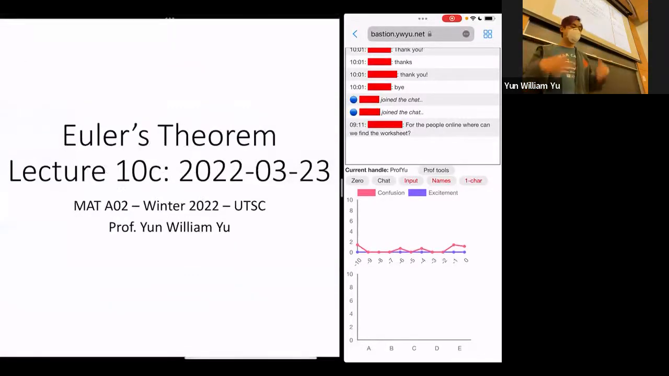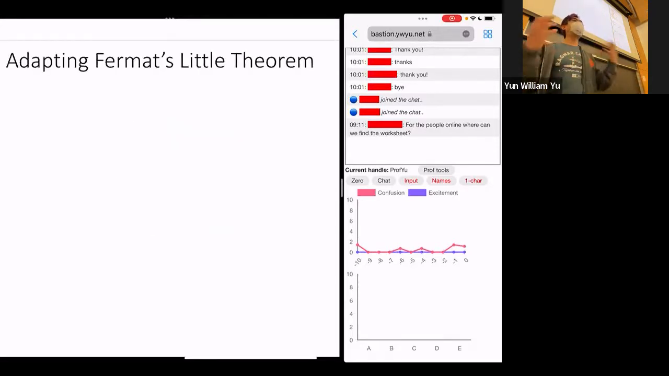So in this part of the lecture, lecture 10C, we're actually going to prove the pattern that I was trying to get you all to notice. So this is going to be something called Euler's Theorem. Basically, what we're going to do is adapt Fermat's little theorem